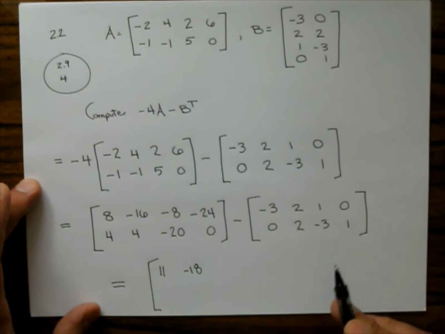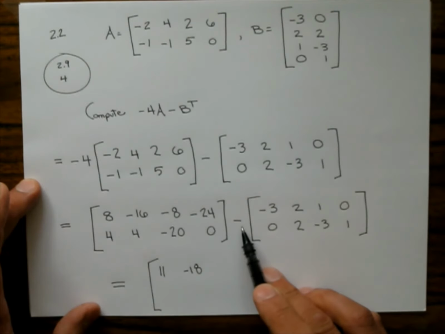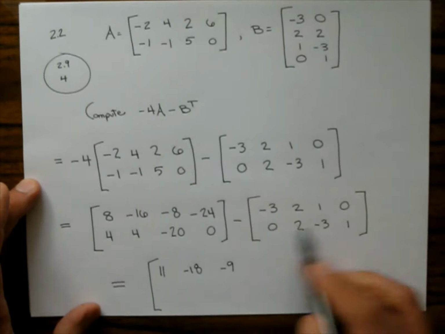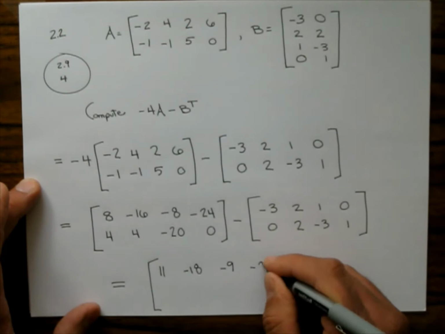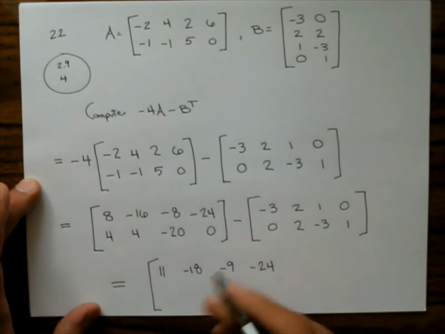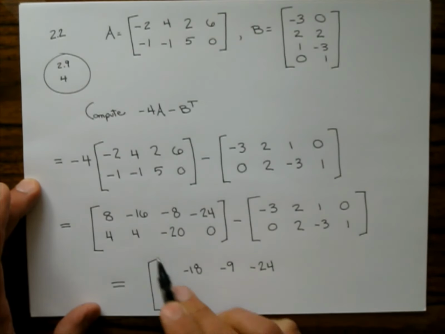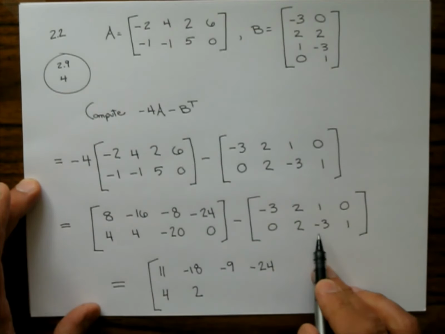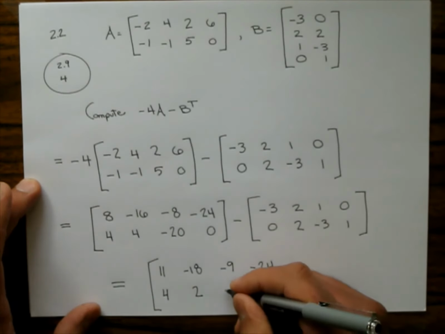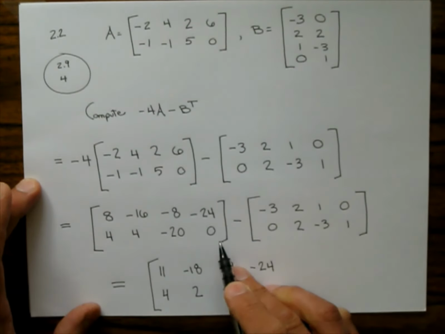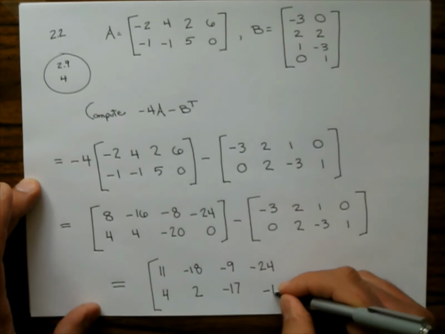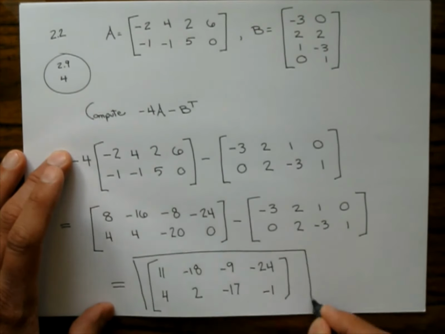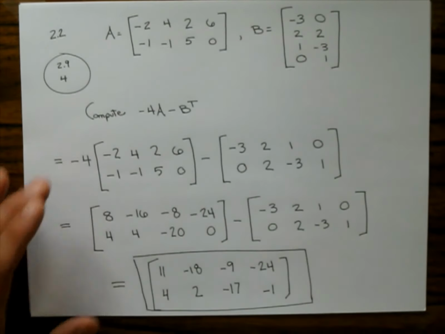Doing this all without a calculator, by the way. -8 minus 1 is -9. -24 minus 0 is -24. 4 minus 0 is 4. And 4 minus 2 is 2. -20 minus a -3, so that's -20 plus 3 is -17. And then 0 minus 1 is -1. So yeah, we have to know how to do arithmetic with matrices before linear algebra gets a little bit